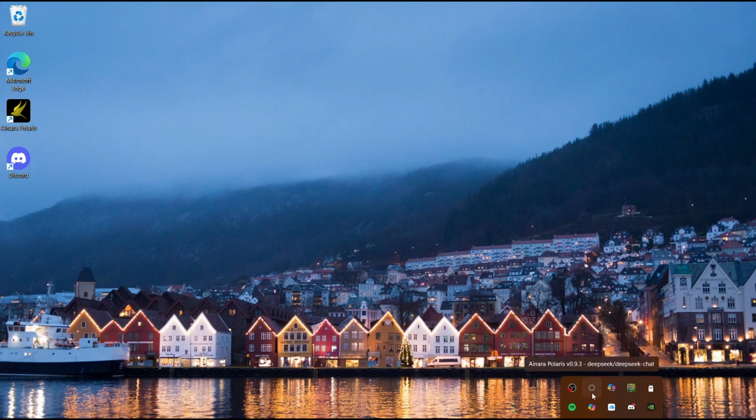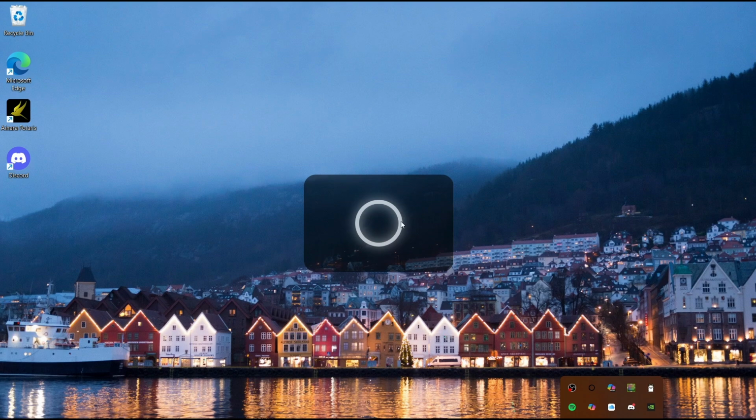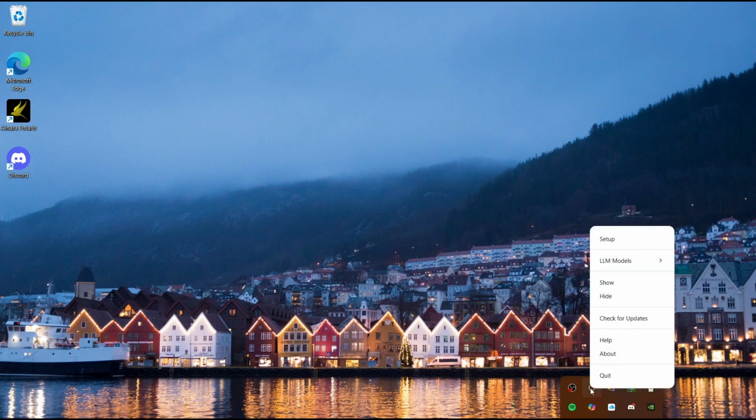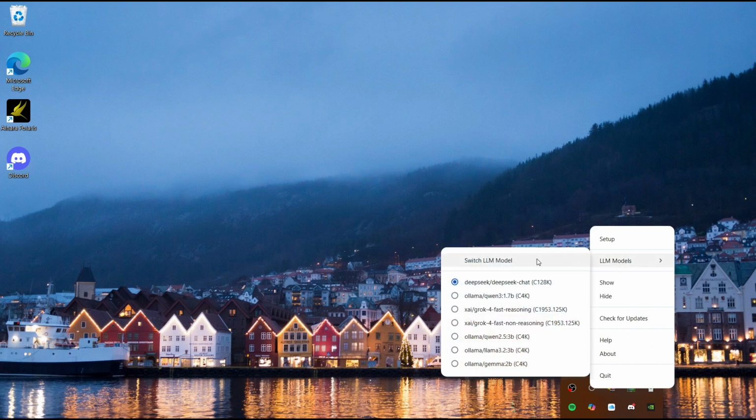So here it is now, it's in my taskbar. Here we've got Ainara Polaris version 0.93. Now if I right click this, you will see the com ring. So this is Ainara enabled on the screen. And if I go back up here again and right click, these are all the LLM models